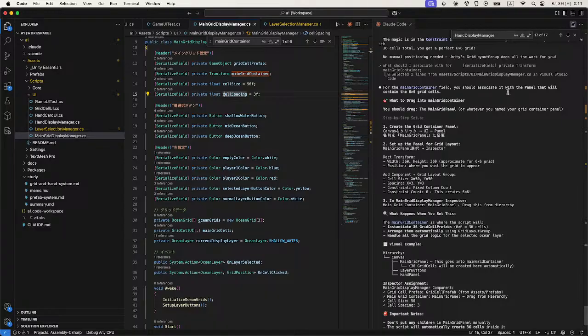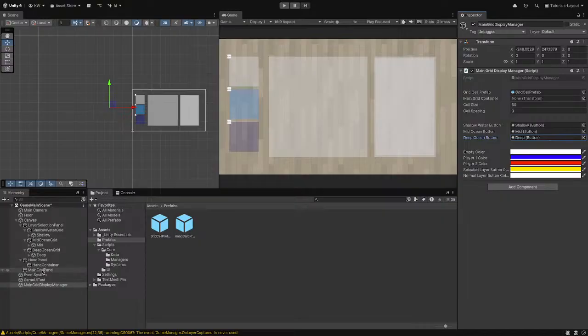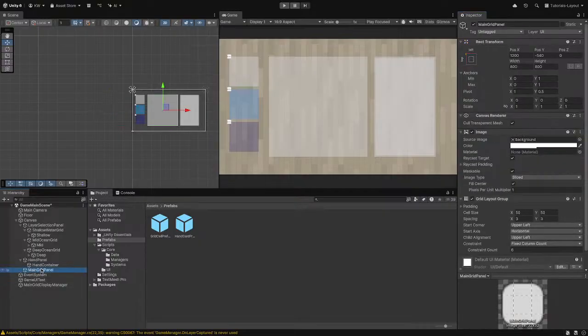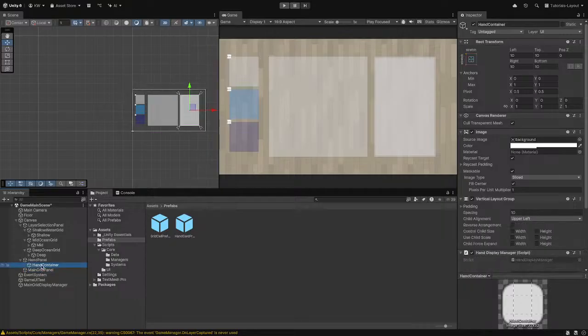I should associate it with the panel that will contain this panel. Main grid container. So maybe I should create... this is also a panel, so I think